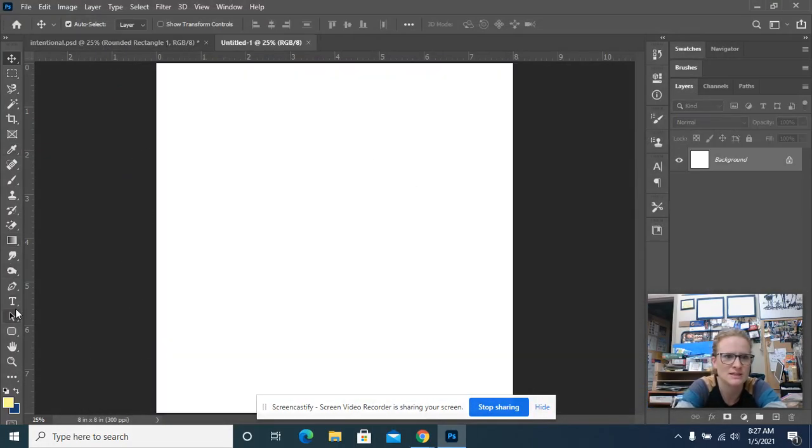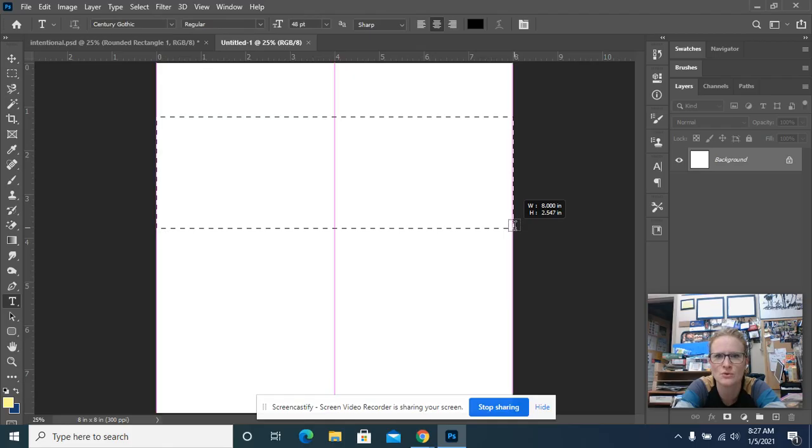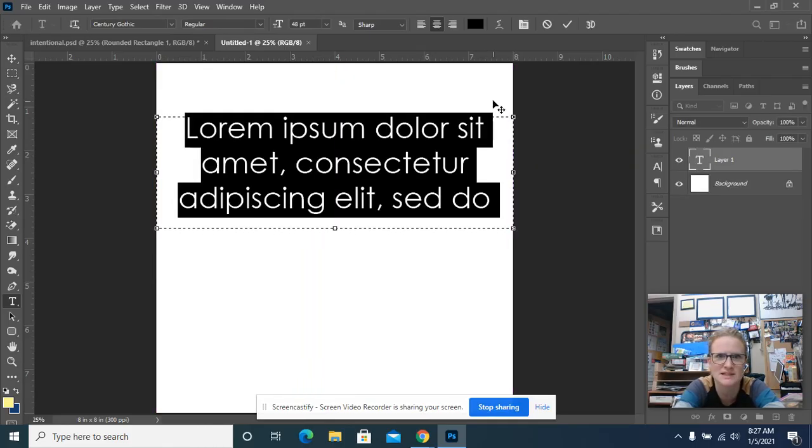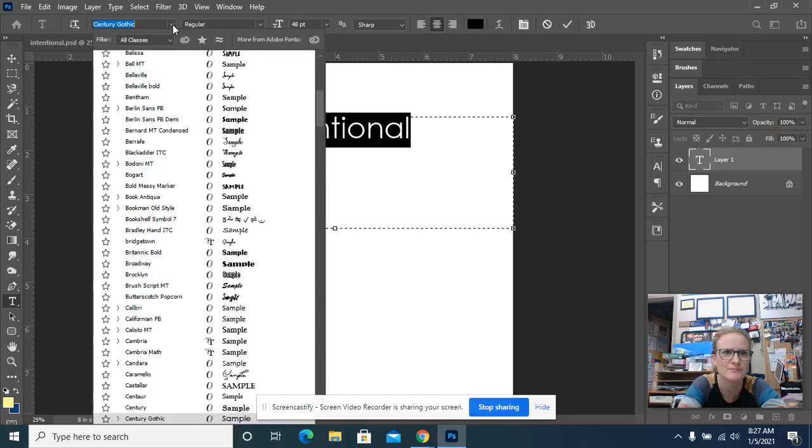I'm going to make a text box by going to my text tool, and I'm going to click and drag. For now, I'm just going to make it the whole width of my document because that's the easiest. Then I'm going to come up here, make sure it's centered, and type my word. And maybe I'll go ahead and choose a font for now, thinking about some of the combinations that I looked at and what style I liked. So I might try